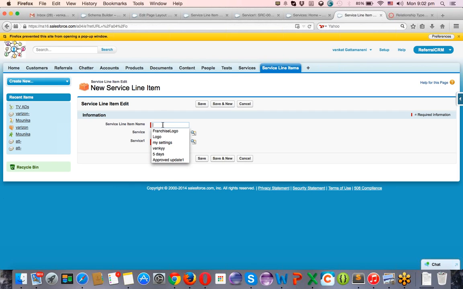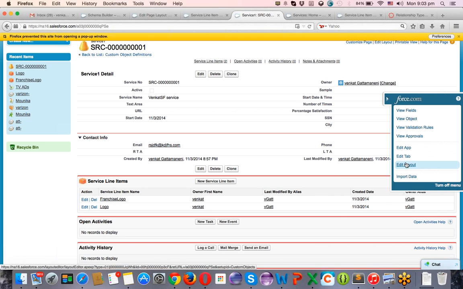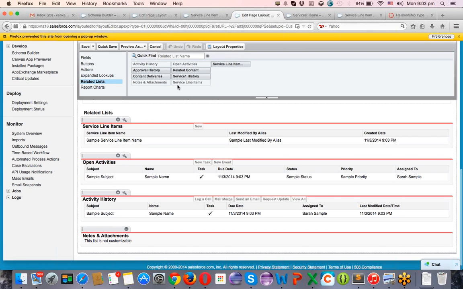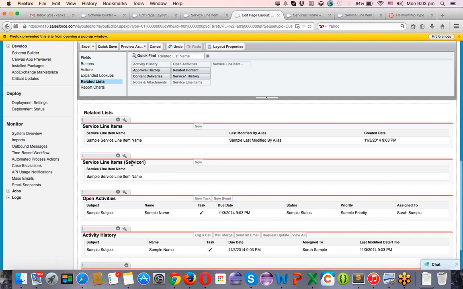And what happens, right? I have to go back to the service one page layout. Click on edit layout because I have to add the new relationship field in the list items, service line items. The name which you have seen while building the second relationship is here.